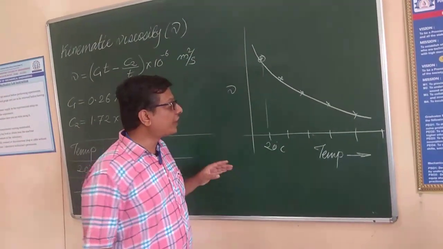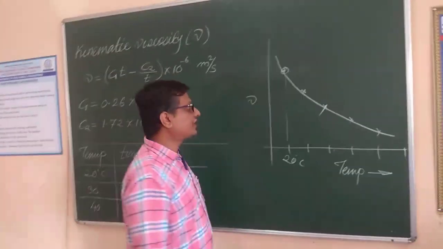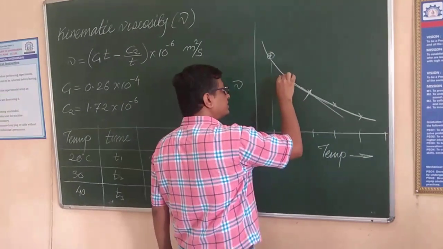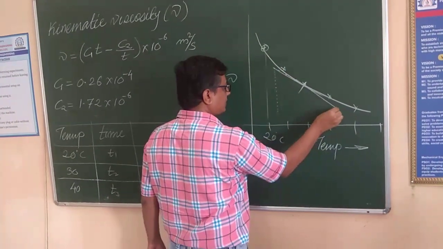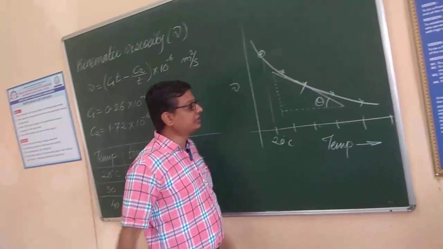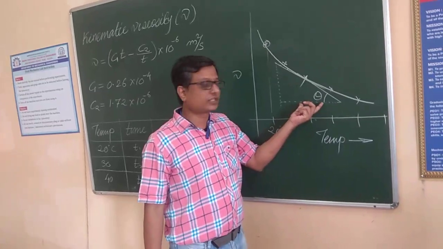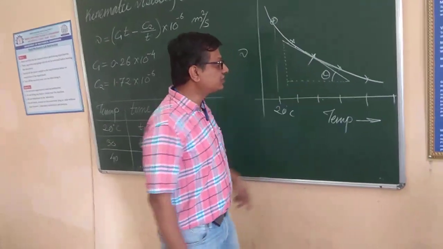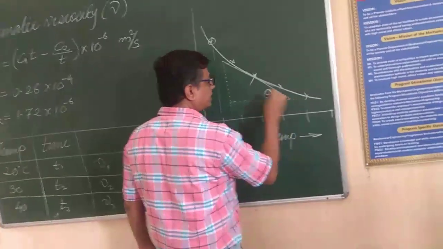Now, at any of the points, say at any random point over here, if I take the slope of this curve, to get the slope I need to draw a tangent over here, and to this tangent, say this is the angle theta. After drawing the graph, you need to get the slope by the geometric method. You need to physically draw the tangent to the curve, and once you get the tangent, measure the angle made by the tangent with the positive x-axis, whatever the angle is.